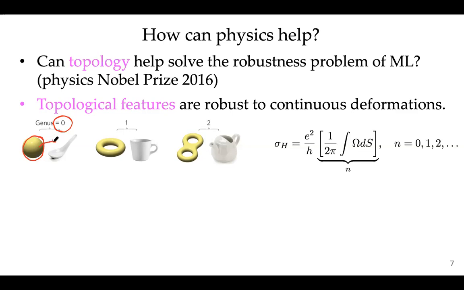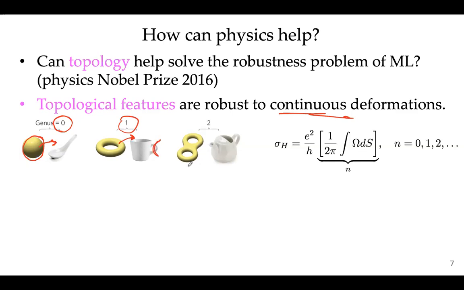So you can continuously, that's the key here, continuous deformation. You can continuously deform it to a spoon, for example. You cannot continuously deform it to a torus or a bagel shape because you have to make a hole, which is not allowed. Okay, if you look at the torus now, there's one hole. So the topological number is 1. You can continuously deform it to a mug because there's only one hole in the mug, right?